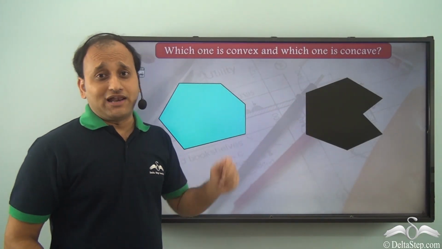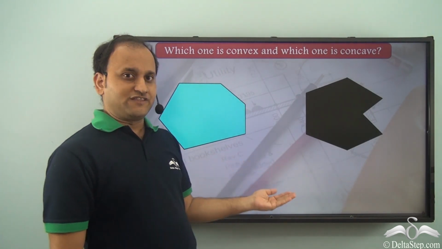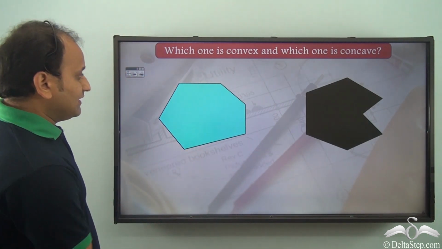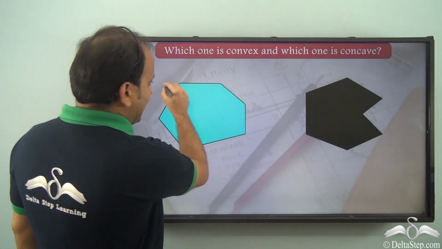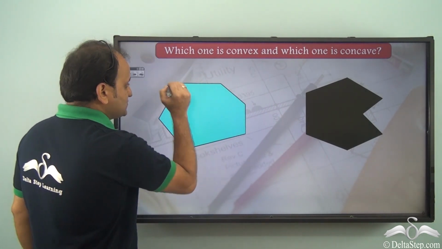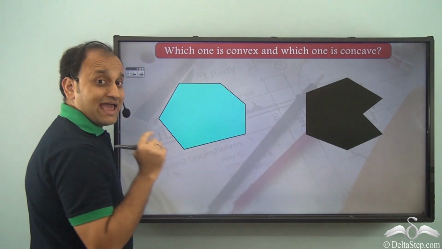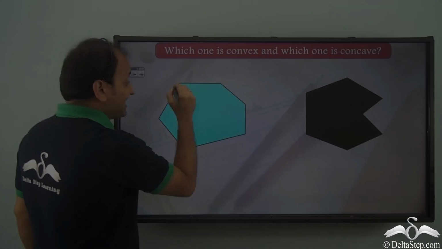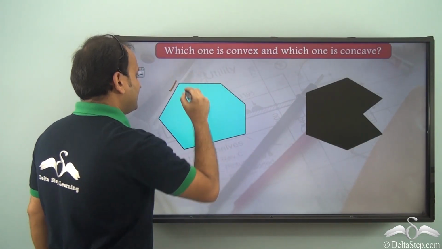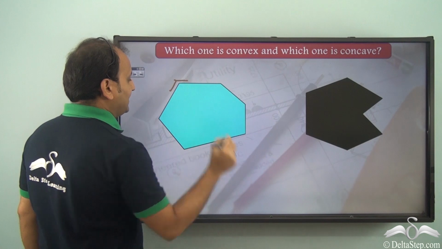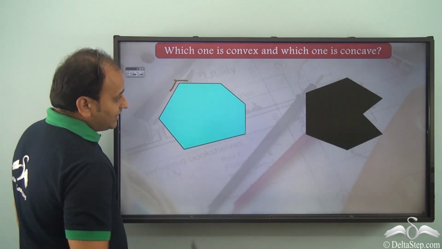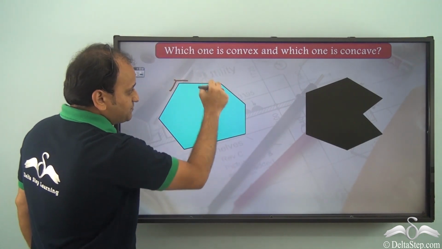Now we have two polygons here. Can you identify which one of them is convex and which one of them is concave? Let's see. So let's start with this particular polygon. Now we have all these vertices. So let's start with this vertex. Now in this vertex, what do we do? Well, we draw an arrow, and the arrow will be such that it will be along these two sides. So I have one line here and then one line here, and I get an arrow which points outwards, isn't it? Similarly, we'll draw an arrow along this particular vertex.